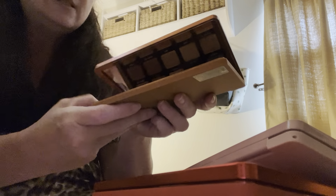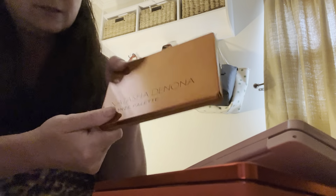This is the Bronze palette, and I love the color story on this one. I got rid of,